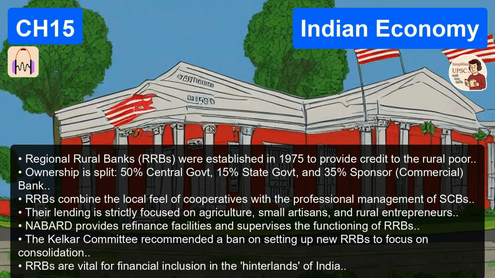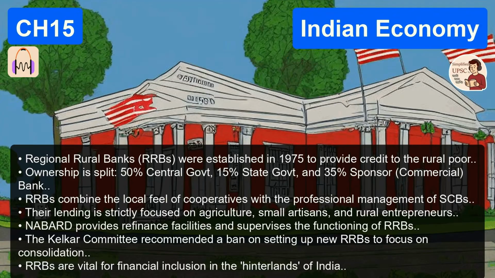We realized our banking system was a dinosaur. Enter the Narasimham Committee. The Narasimham Committee, both I in 1991 and II in 1998, is the architect of modern Indian banking. They looked at this dinosaur and said, we need to evolve or we will die. Let's unpack their big recommendations as detailed in Sanjeev Verma.